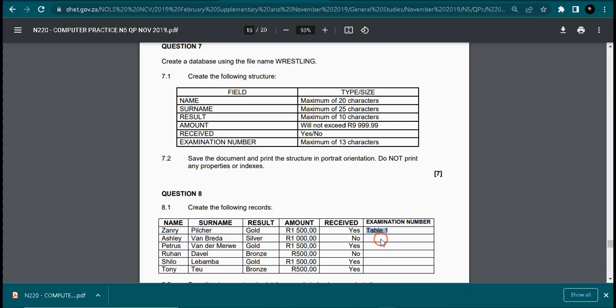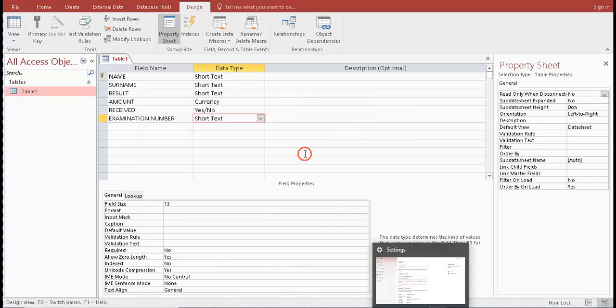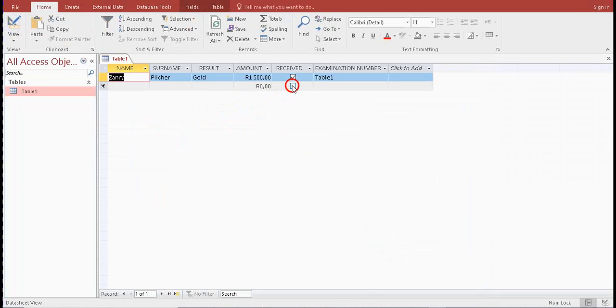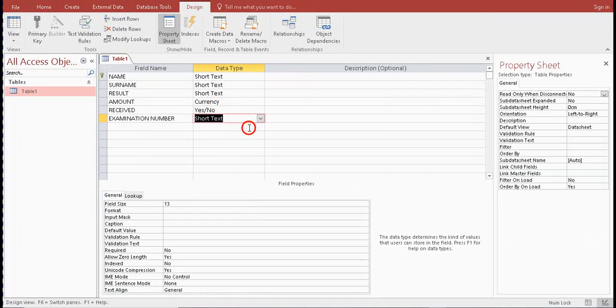Okay, now let's move on. We are going to now enter the next record, or we have received. Okay, it should be yes. So let's go to datasheet view. We have yes. It's unfortunate that we cannot type yes since we have this one, so I'm going to go back and change these things a bit. So now it says yes or no here under data type. So in order for us to have yes, we are going to